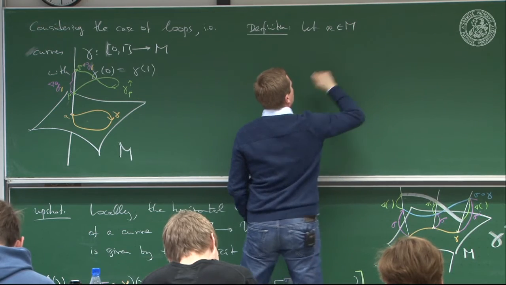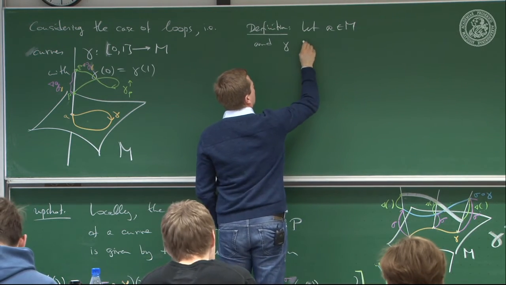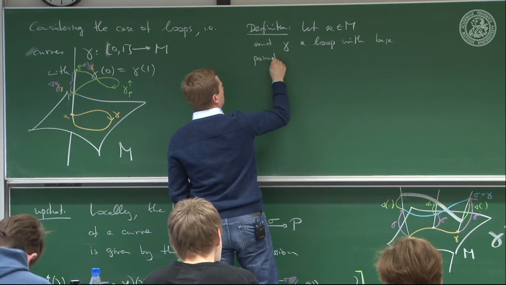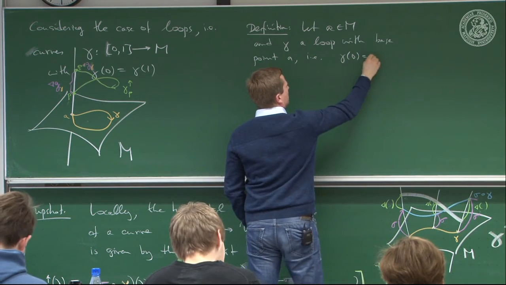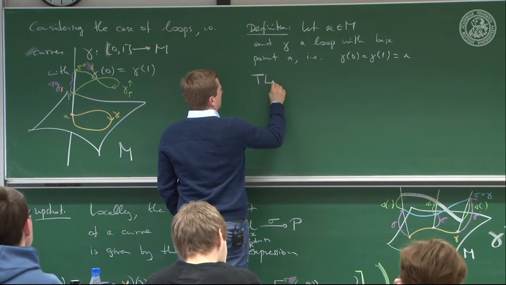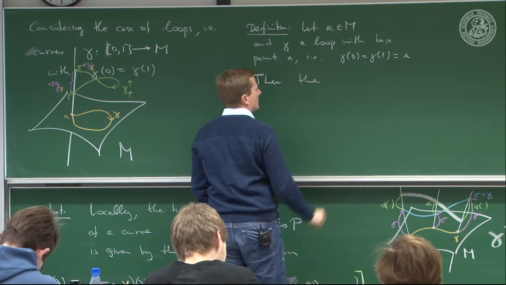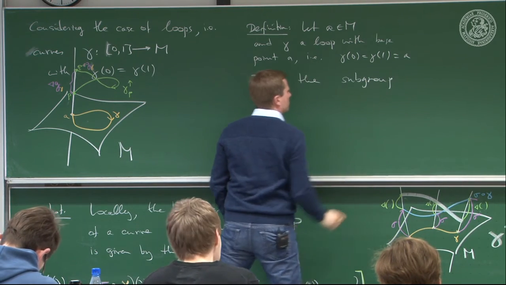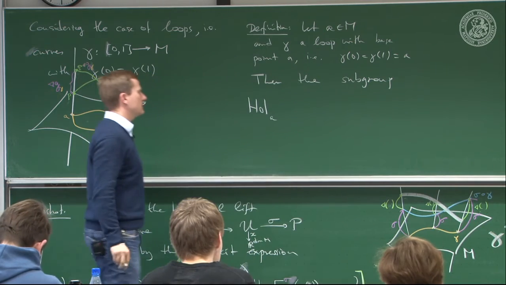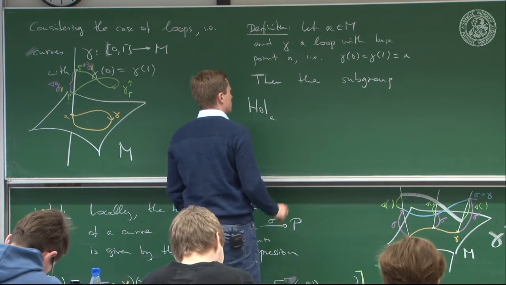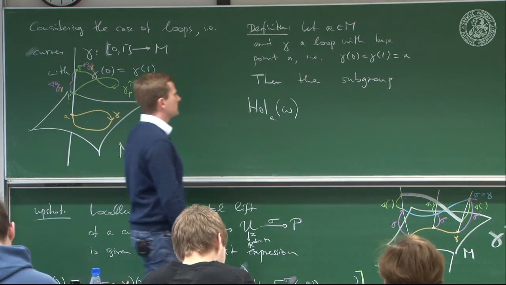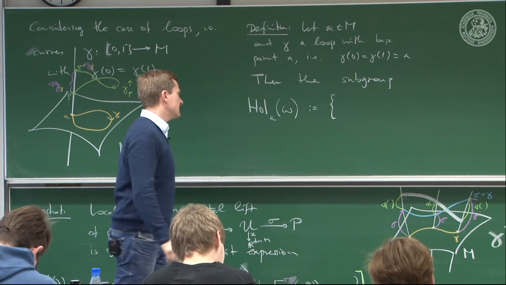Let A be a point in the base manifold, and gamma a loop with base point A. That is, gamma of 0 is gamma of 1 equals A. Then the holonomy subgroup Hol at the point A, and that depends solely on the connection one form on the principal bundle, is the set of